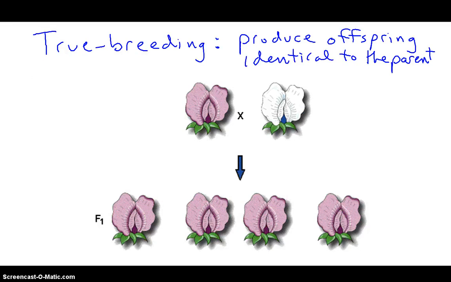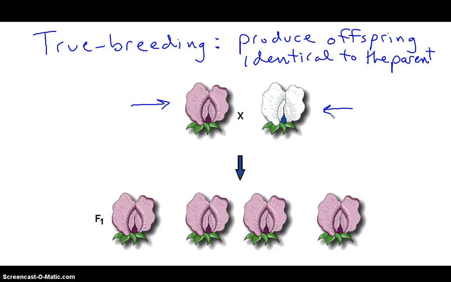So here's those true breeding lines that I was talking about. True breeding pea plants produce offspring identical to the parents. So he was able to develop a true breeding line of purple flowered pea plants. He also developed a true breeding line of white flowered pea plants. And what he found is when he crossed that true breeding purple with the true breeding white is that all